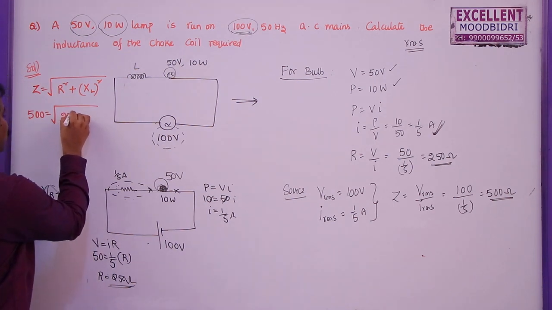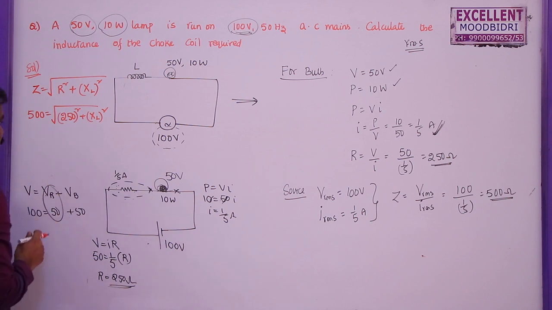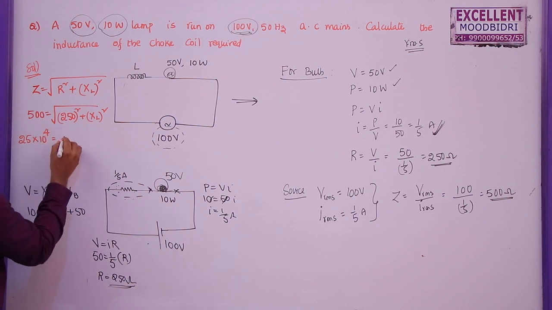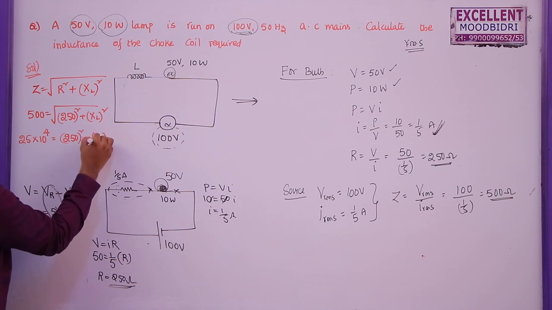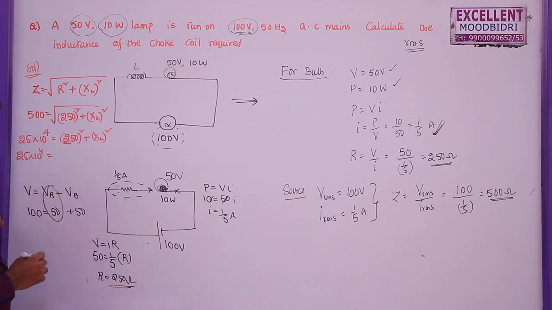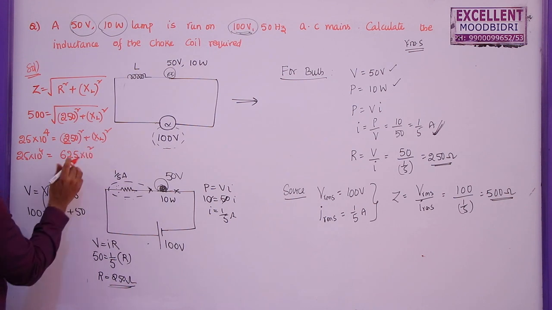So this is 250 square plus XL square. So squaring on both sides we get 5 5s are 25 into 10 power 4 is equal to 250 square plus XL square. 25 into 10 power 4 is equal to, 25 25s are 625, so 625 into 10 power 2 or 6.25 into 10 power 4